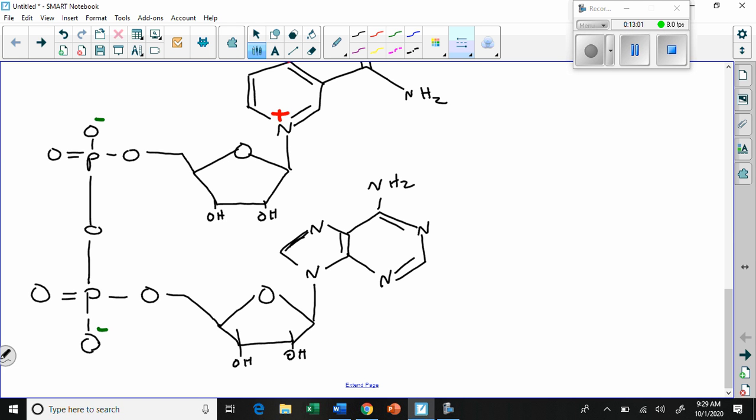So you can see the top half is the nicotinamide part. It's one nucleotide. And the bottom half is the adenine part. Nicotinamide and adenine, and they're put together. So it's a dinucleotide. There's a phosphate, a sugar, and a base on each one. It's a dinucleotide, and it's called nicotinamide adenine dinucleotide. Okay. I'm going to let you draw that, and then we'll talk about the red part at the top,